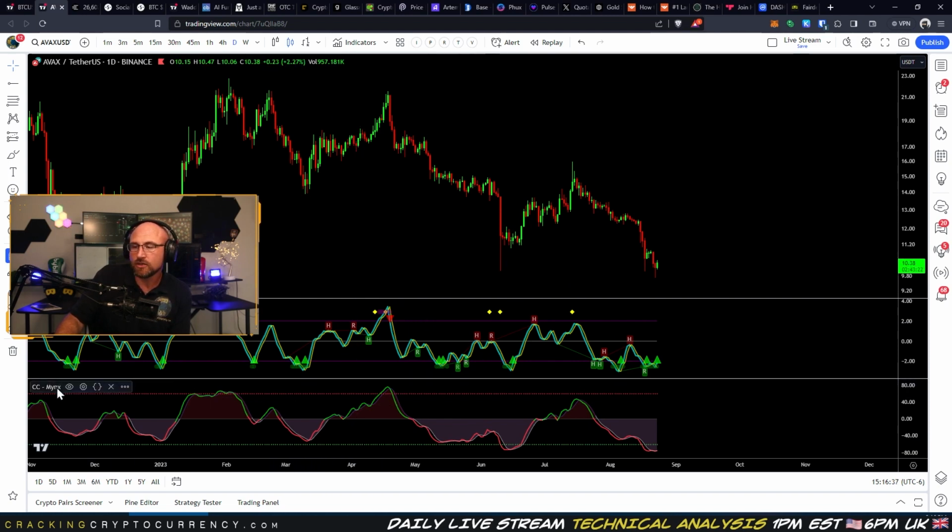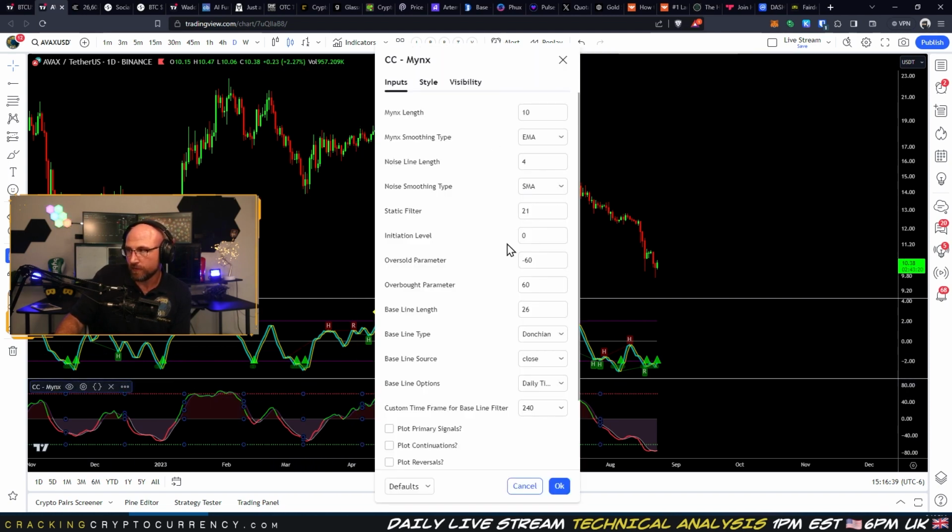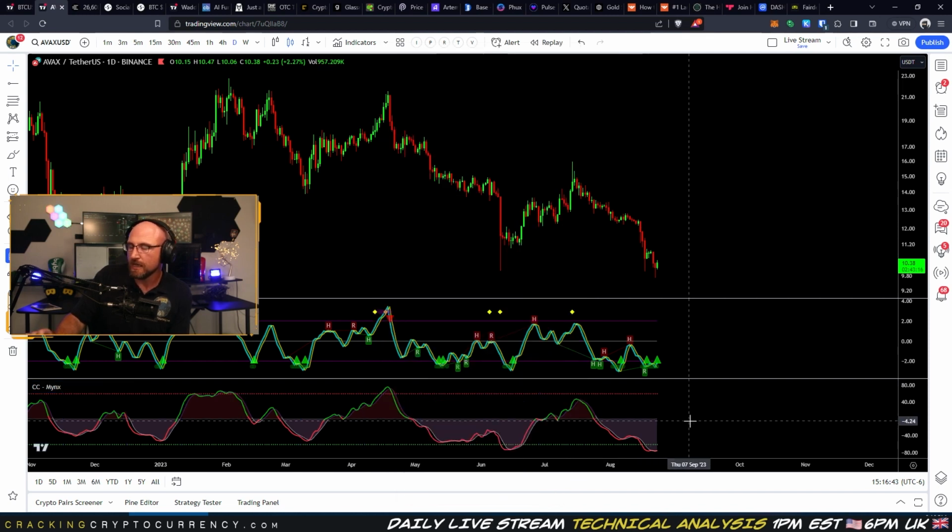And I really do like the 21 for Minx on the static filter, with a length of 10. Of course you can increase this or decrease this. And the lower the time frame you go down to, the higher the setting you want. Okay, so with that out of the way,